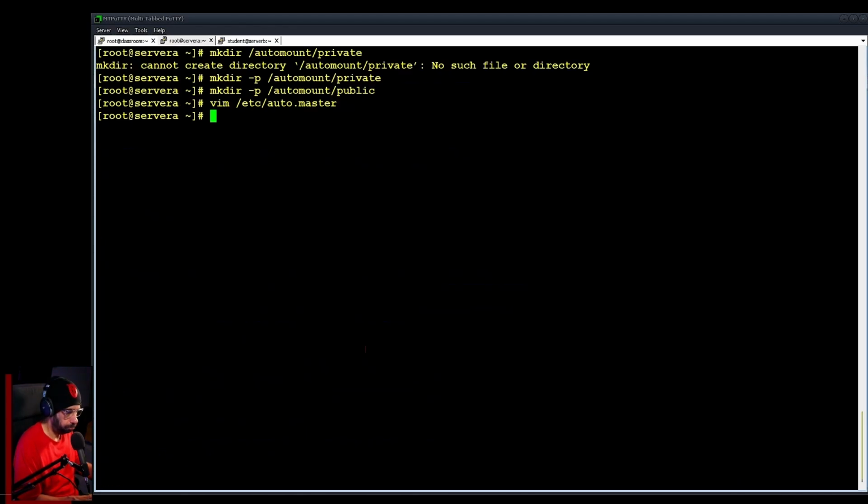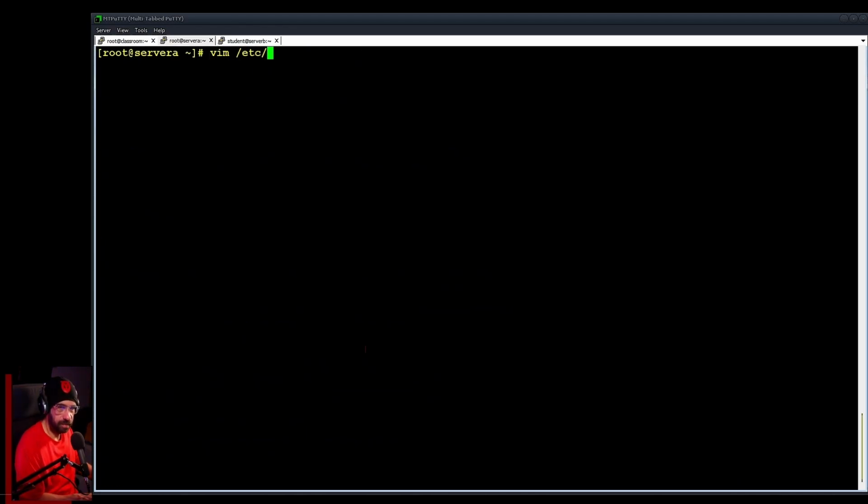You can just drop everything else on the file. Cool. Now you just edit the etc auto.automount. You just not created, but we just specified automount. And then you just add the two folders. So public was read only, right? You can add the sync. Then you just specify the server